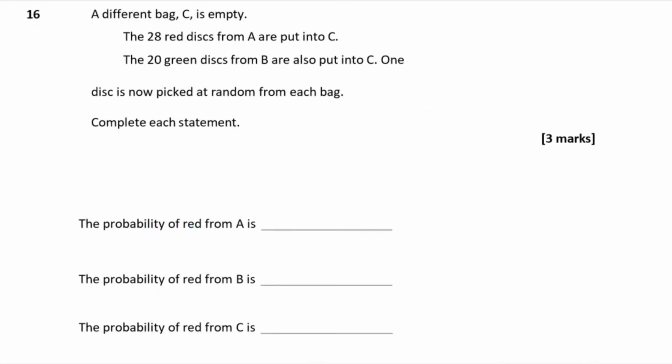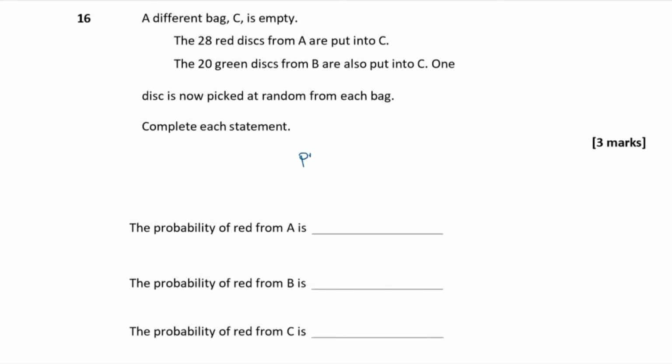Must be. Part B says a different bag C is empty. The 28 red discs from A are put into C. The 20 green discs from B are also put into C. 1 disc is now picked at random from each bag. Complete each statement. Well, probability of success